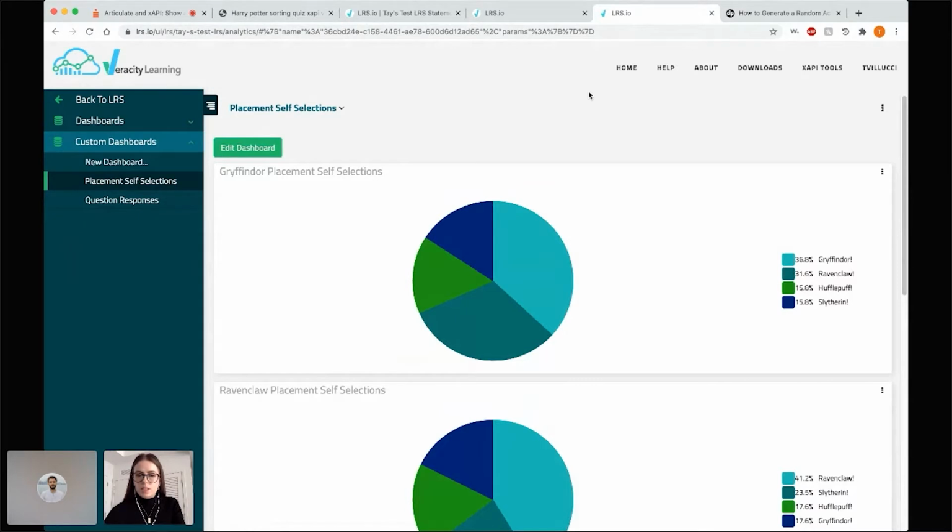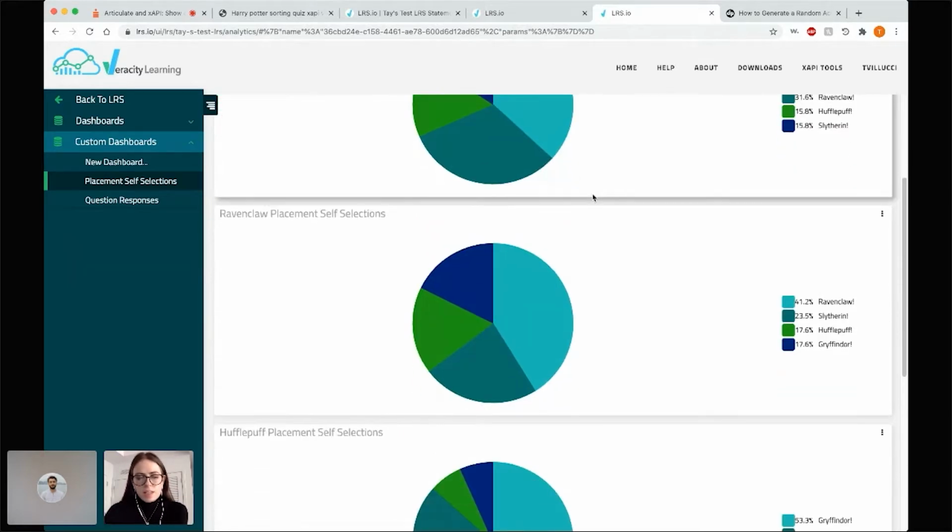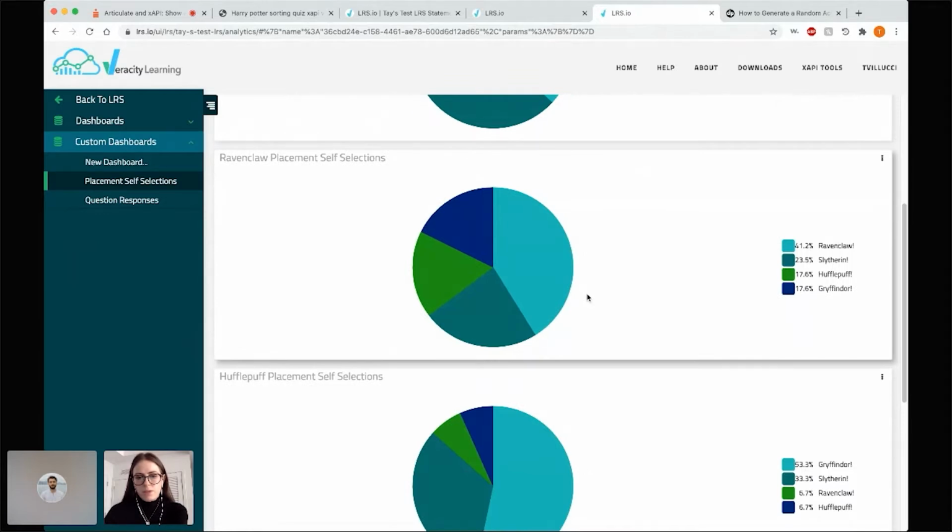When I was collecting the data and talking to people about my quiz, people were saying that they thought they would be in Gryffindor or Ravenclaw, but then they'd get placed in Hufflepuff or something. But as more quizzes were taken and data was coming in, it seems like for the most part, people were placing themselves pretty well. Of the people who got placed into Gryffindor, almost 37% thought they would be there. Ravenclaw was the second choice, and 40% of people thought they'd be in Ravenclaw and got there.